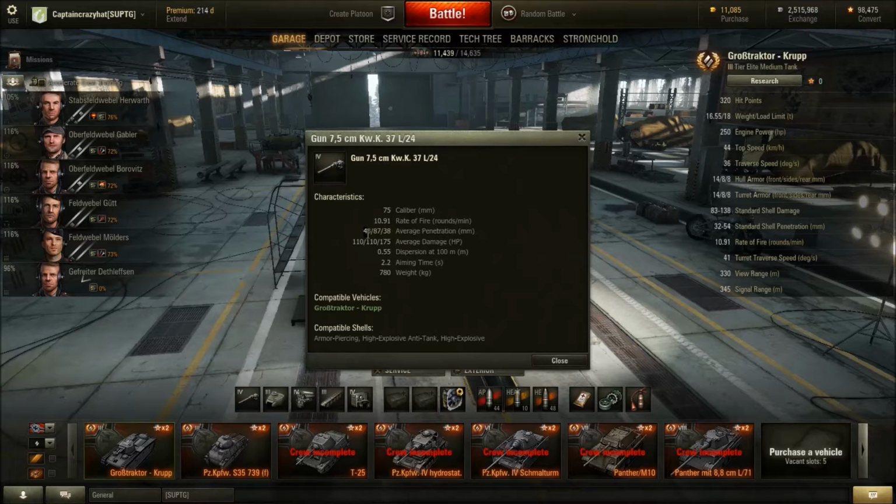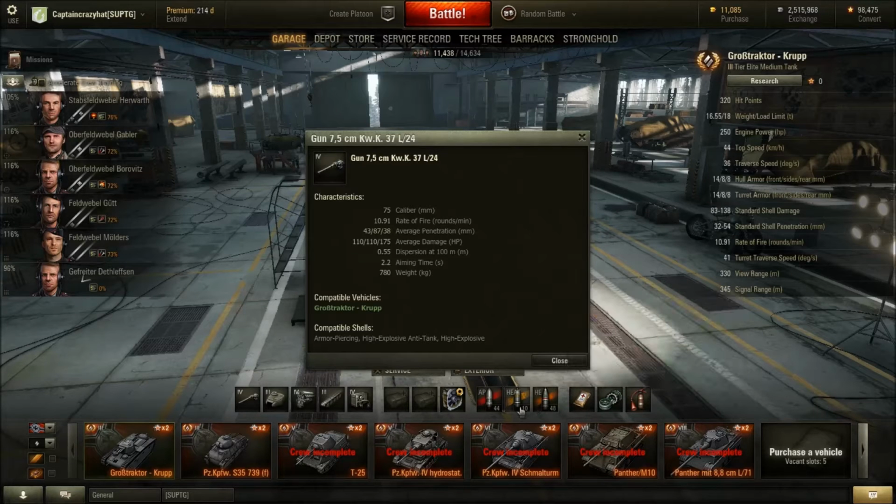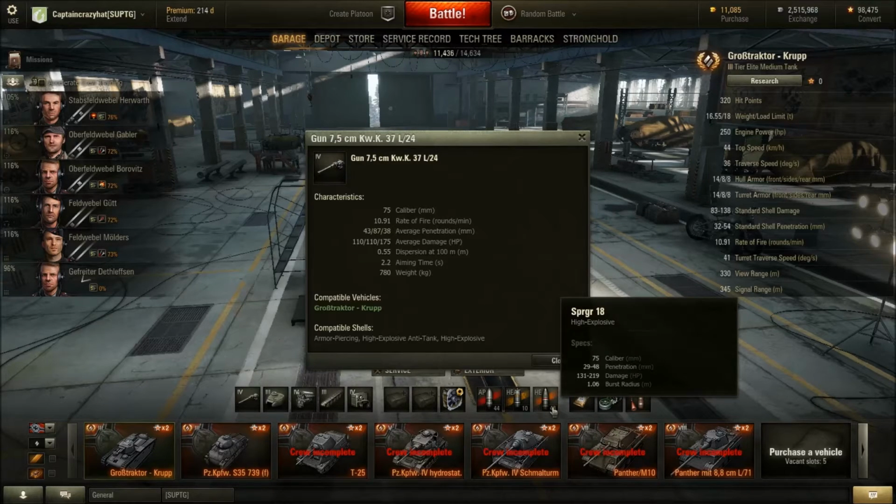Your standard AP shells have 43 millimeters of penetration. That is pitiful. If you're in a Tier 3 only game, it is okay. But if you get in a Tier 4 game, a Tier 5 game, it's useless. That's why basically you need to carry about half AP rounds and half HE rounds,